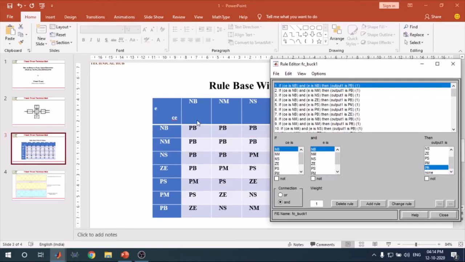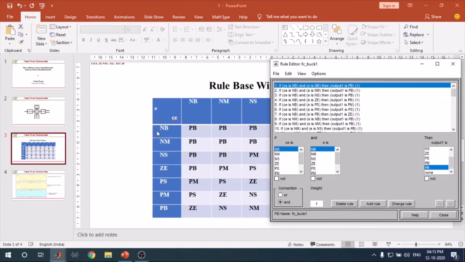You see in this table in the PPT that if your error is negative big and your change in error is negative big, then your output will be positive big. Once you select this with the help of your mouse, click on add rule and your rule will be made.